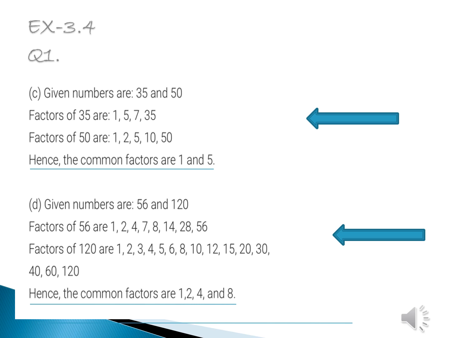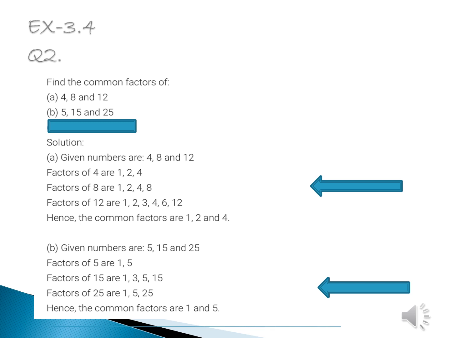One more thing that I want you people to revise here is the properties of factors that we have studied in the previous tutorial. The number 1 is a factor of every number, and the highest factor of every number is the number itself, right? So the list of the factors of any number will end on that number itself. So be careful about the properties of factors also. That will also help you to write down the factors and cross check whether you have written the factors correctly or not. So try to solve C and D part yourself.